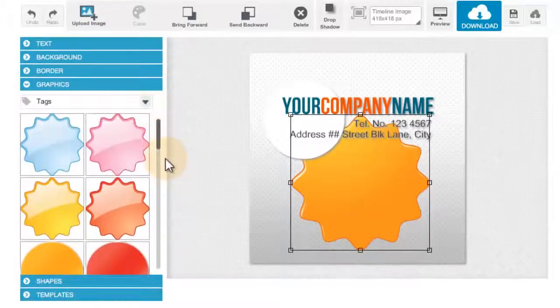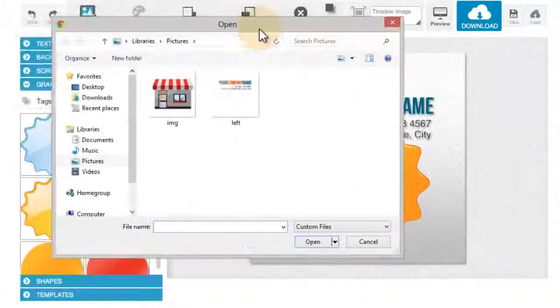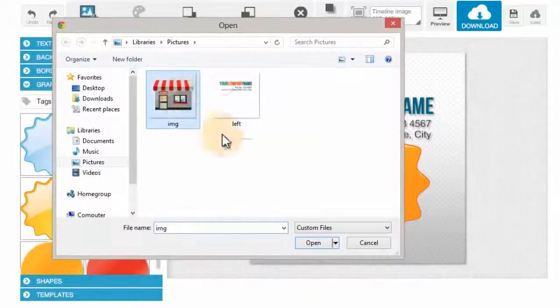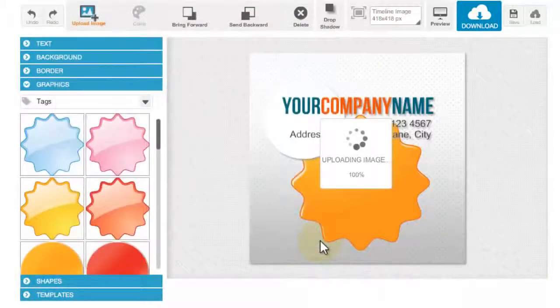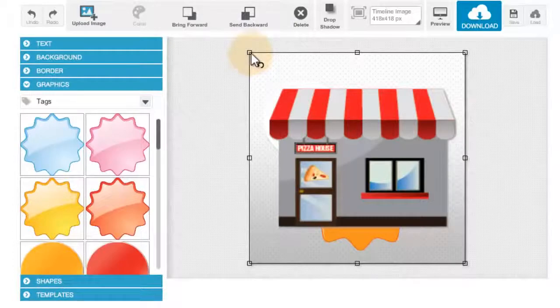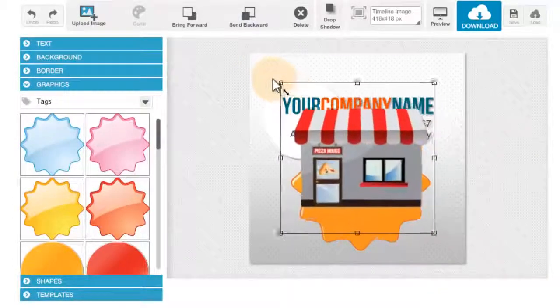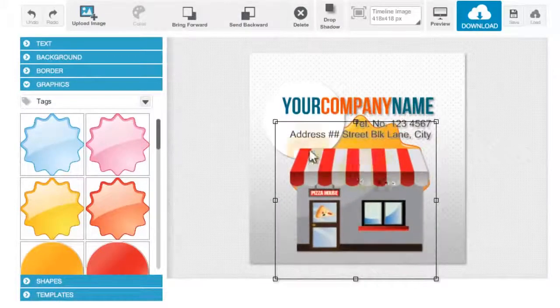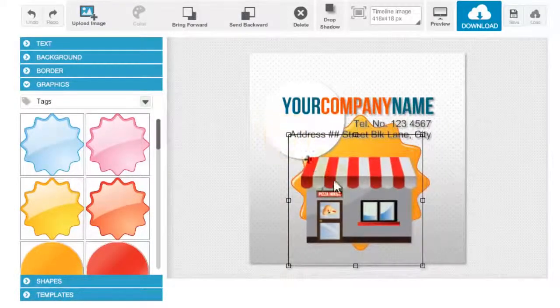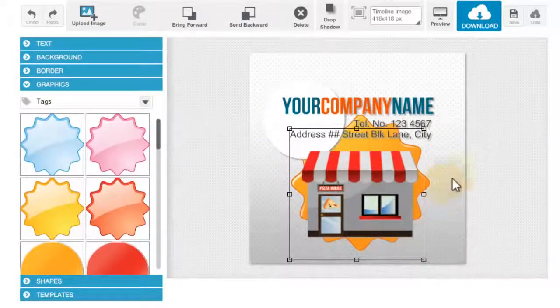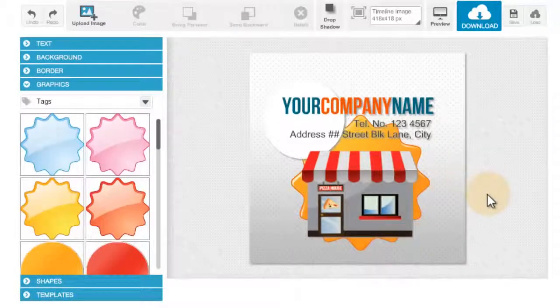You can also choose to add your own images to your canvas by clicking this upload image button. Then, of course, after you click that, locate the file on your drive, which is actually this image. I would want to insert that one, and then open. So, like any other graphics, you can edit it the way you edit the other stuff. So this is a very ugly one right now, but it's just for the sake of using it anyway. All right,